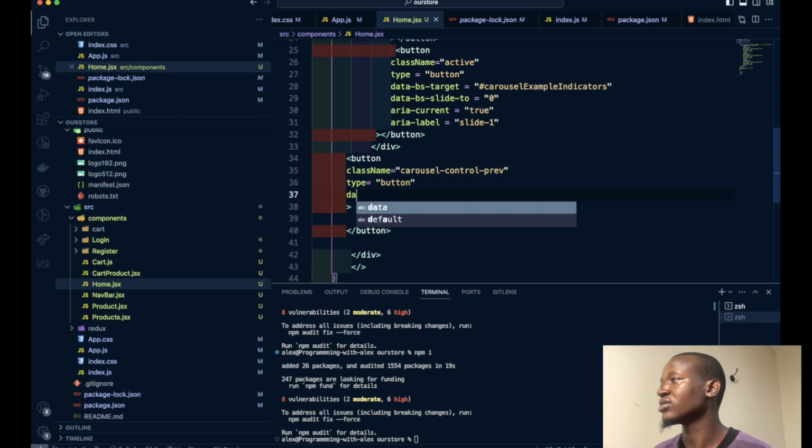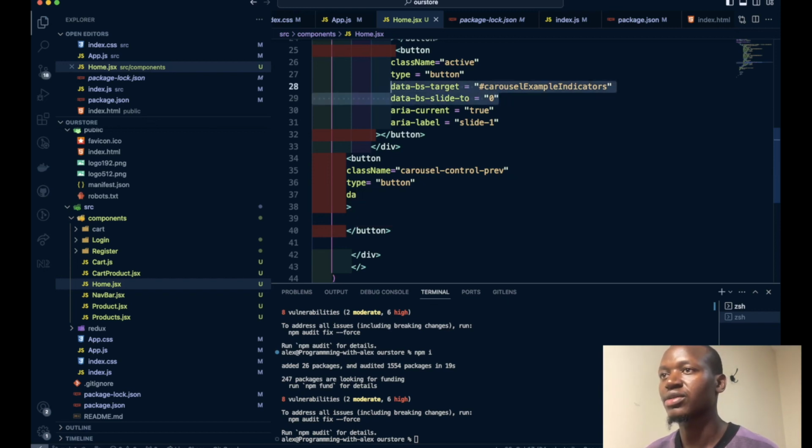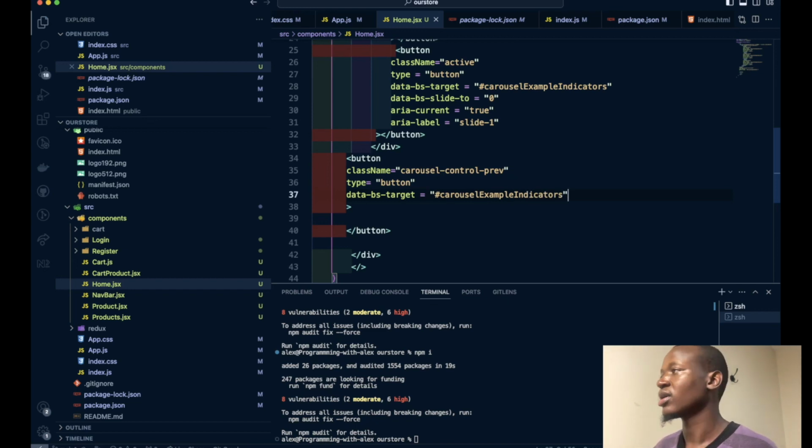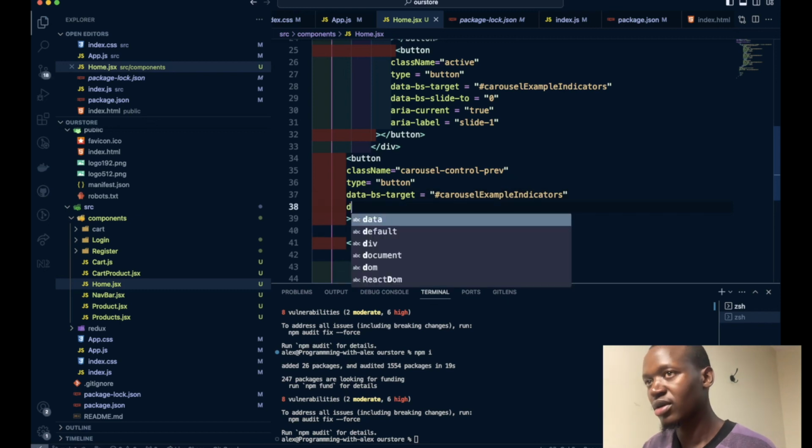So basically it will just have target, data dash bs dash target carousel example indicators. Okay, and then it will also have data